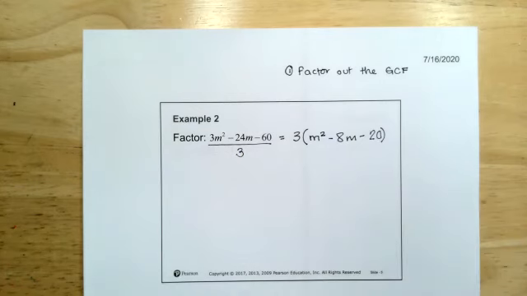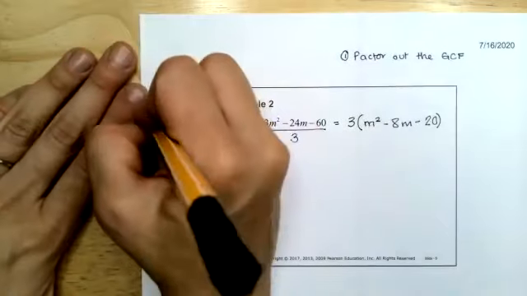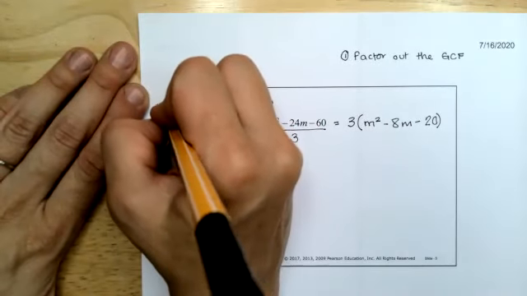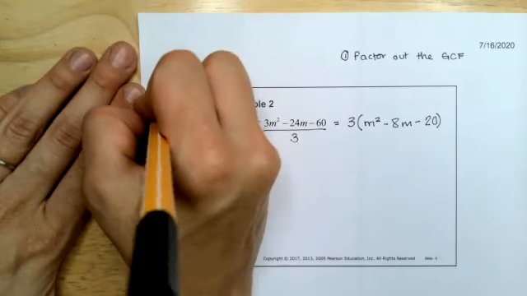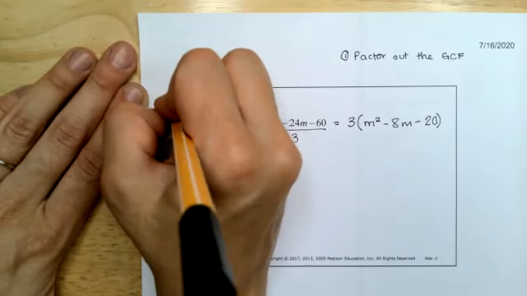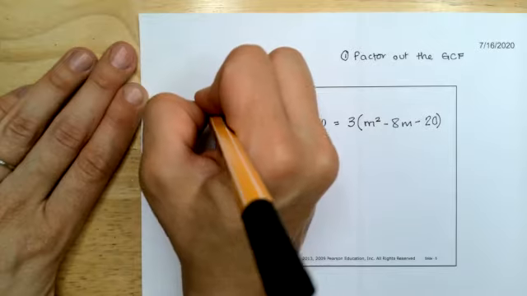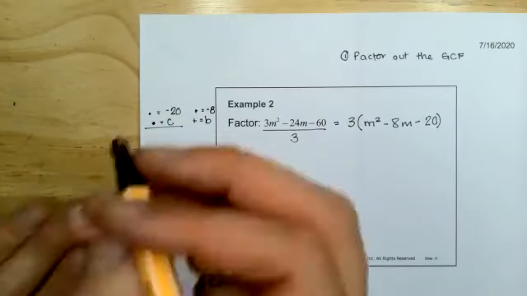Good. So now what you want to do is find two whole numbers whose product is negative 20 and whose sum is negative 8, right? We need it to multiply to equal C, add to equal B. Multiply to equal negative 20, add to equal negative 8. So this is an interesting